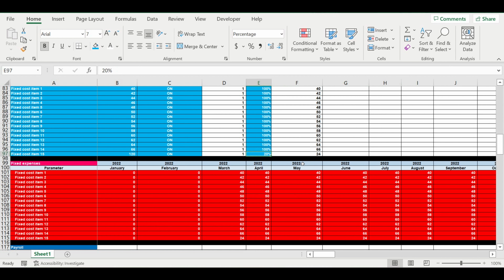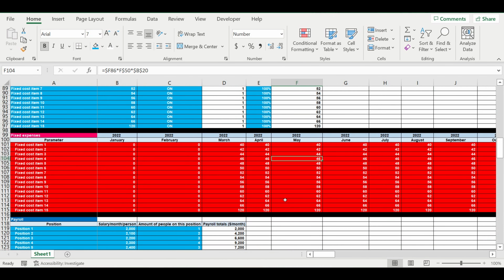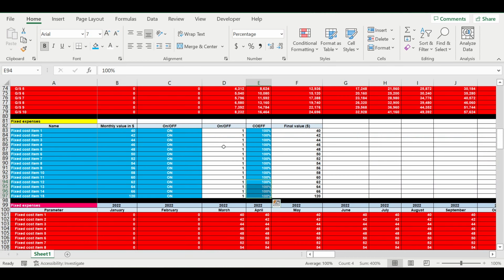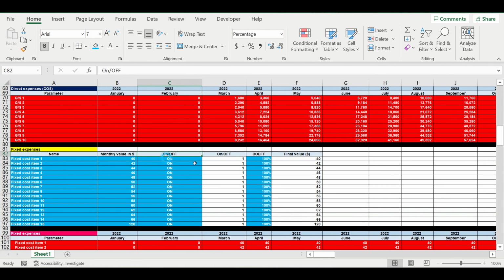Or what will happen if these expenses grow three times. So we can play and play and play. We can create lots of scenarios, local scenarios and global scenarios, as the coefficients on the top allow us to do. The same story, we're doing this coefficient for